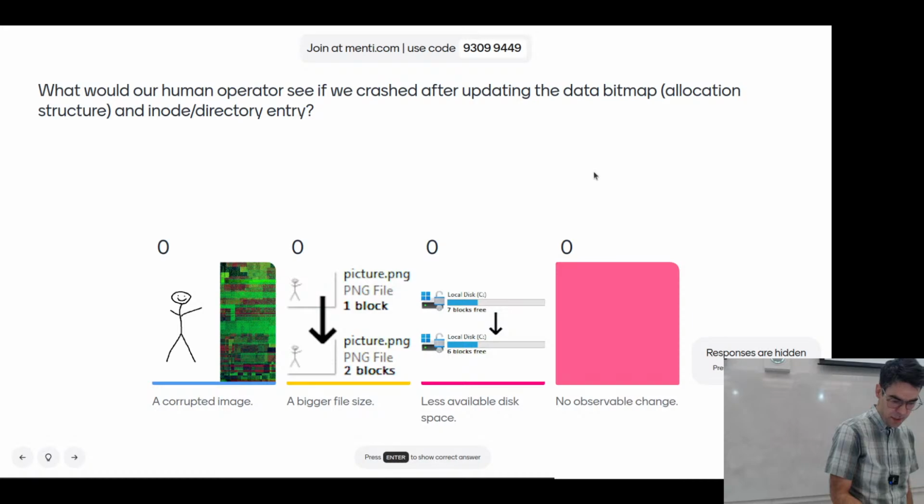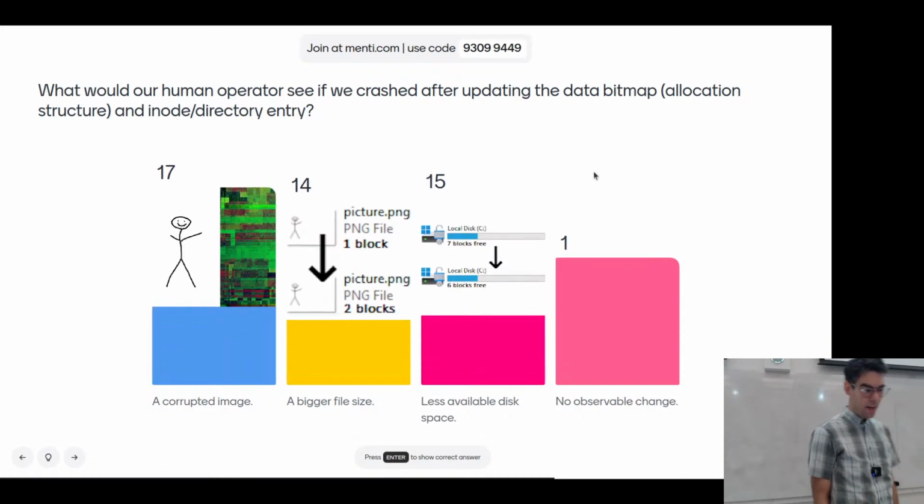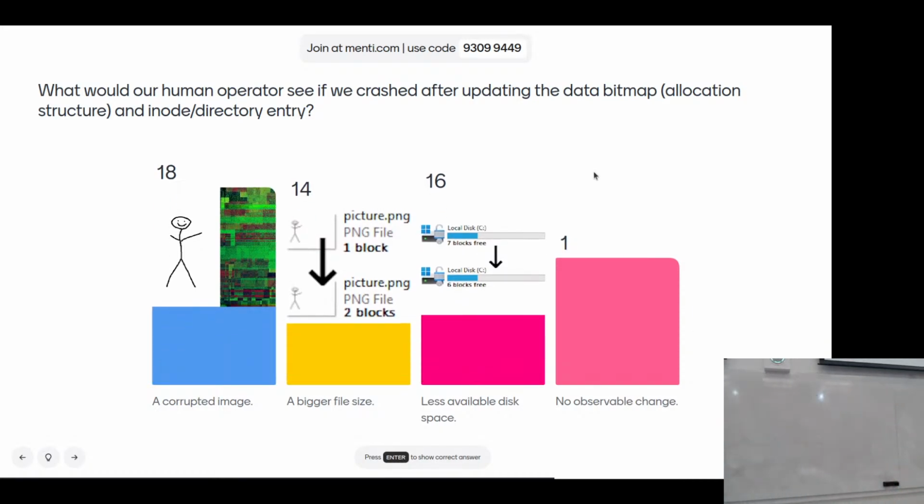Okay, I'm going to reveal your responses. Great, okay. So if we've updated the data bitmap and we've updated the file's metadata, so in the inode or the directory entry, I think that we will probably see a corrupted image, yes. We've updated the direct block pointer, and also we've updated the file size. So for both the different kinds of file systems that we've got, we've indicated that there's more data here than there was before.